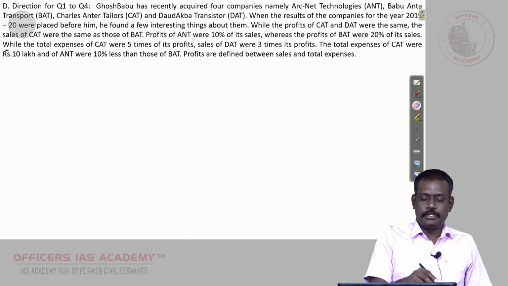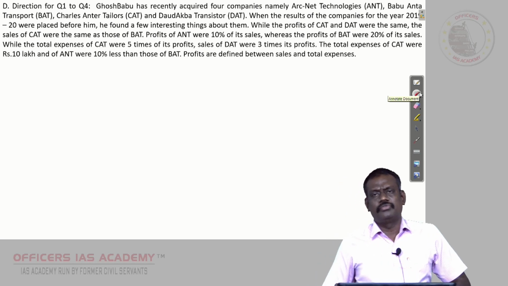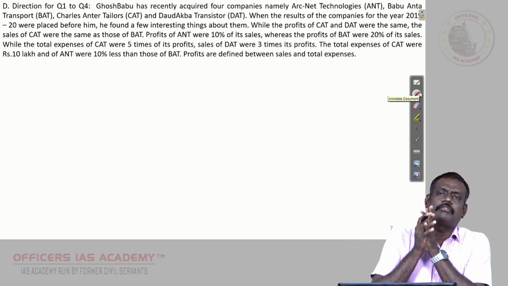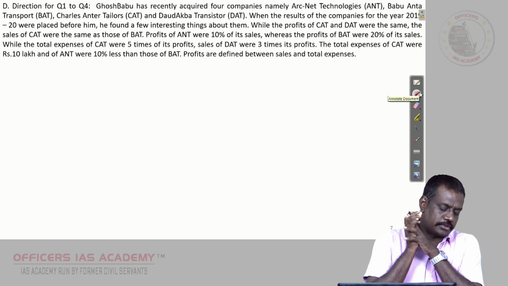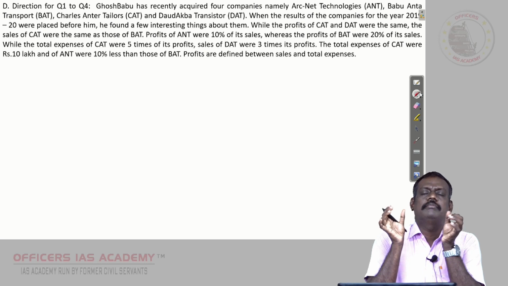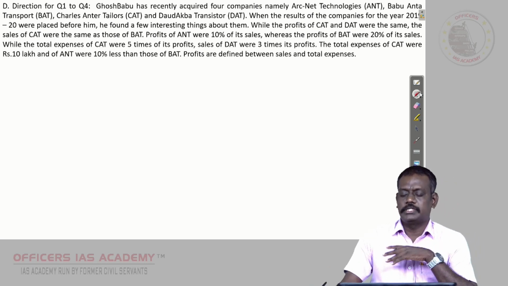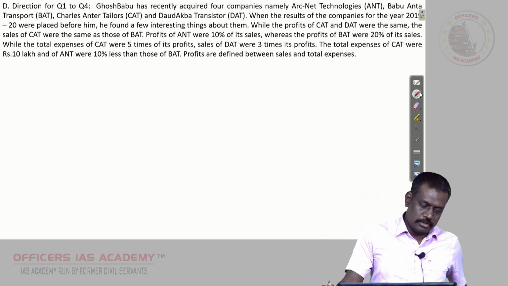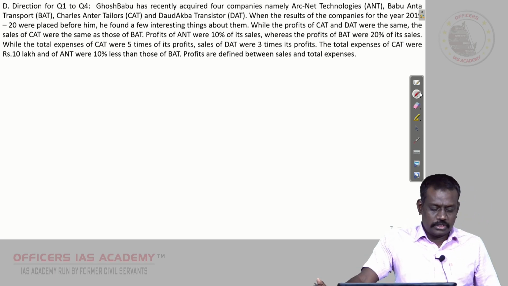This will also be a little tricky while reading, but if you start representing the given data in a proper format, you will find it very easy, not much difficult. So representation matters here. In this question, Ghosh Babu has recently acquired some companies, namely Ant, Bat, Cat and Dat. And when the,